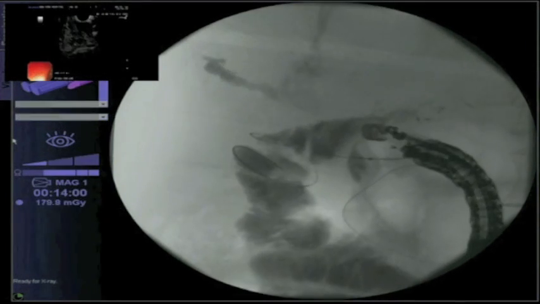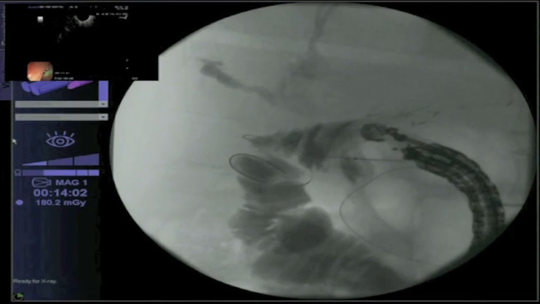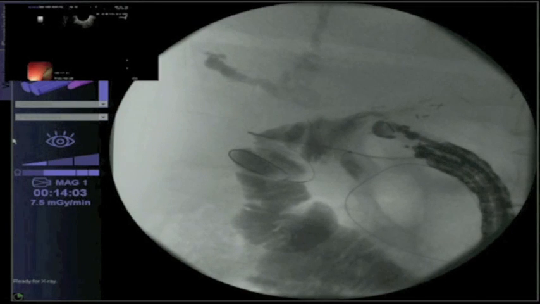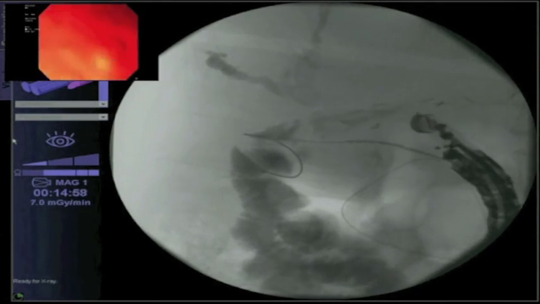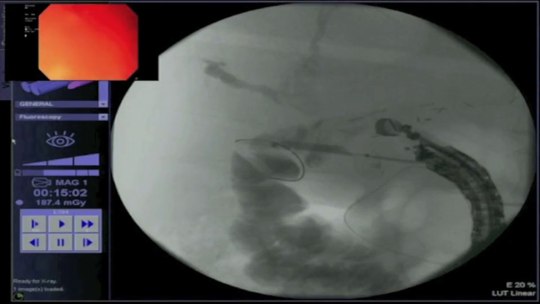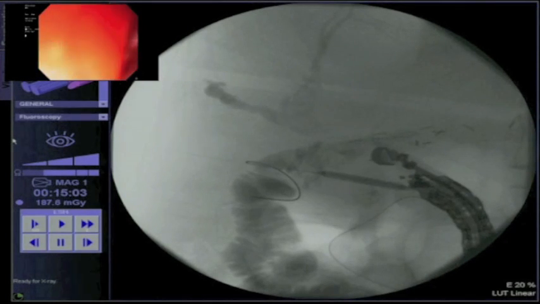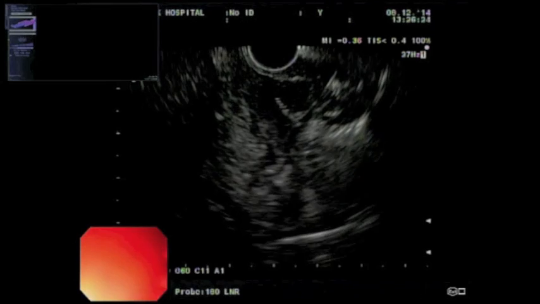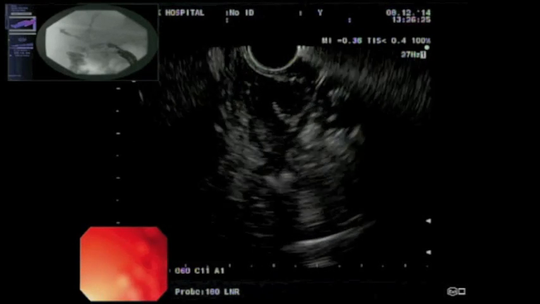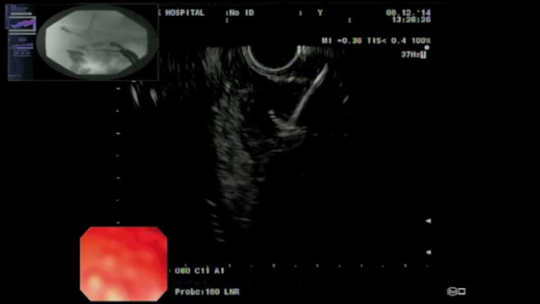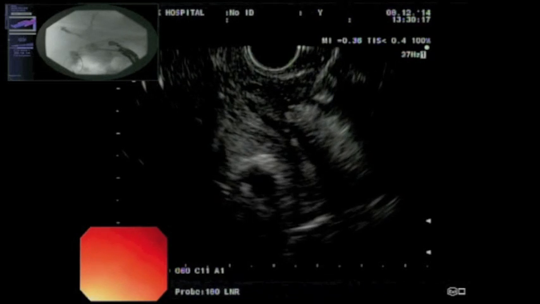guidance. A needle knife was advanced over the wire and used to create the fistulous tract. The needle knife was then exchanged for a 6 mm by 6 cm dilating balloon, which was used to dilate the fistulous tract. A 15 mm lumen-opposing metal stent was advanced through the fistulous tract into the distal small bowel